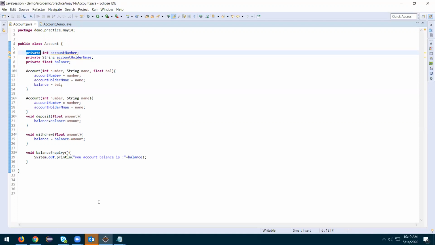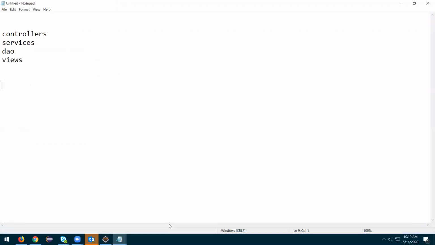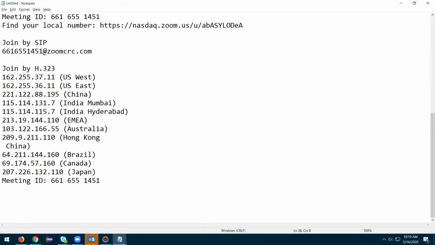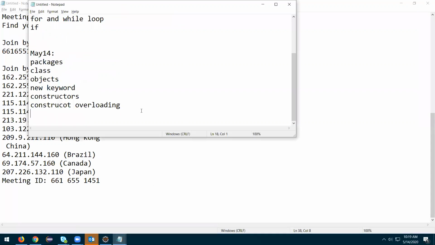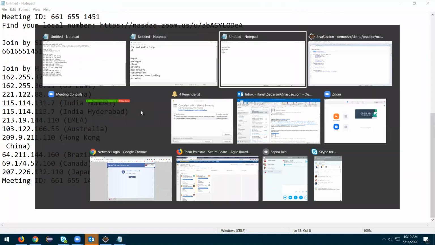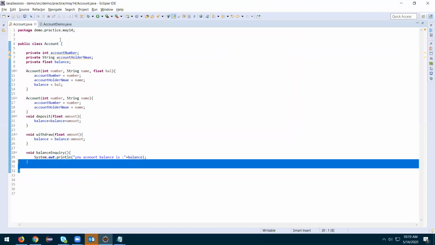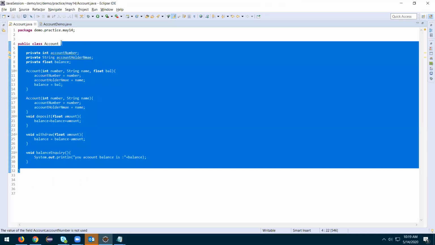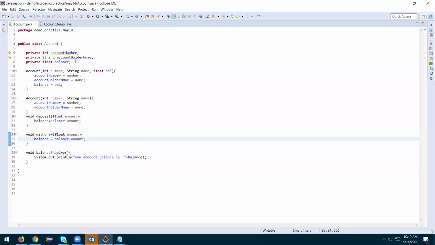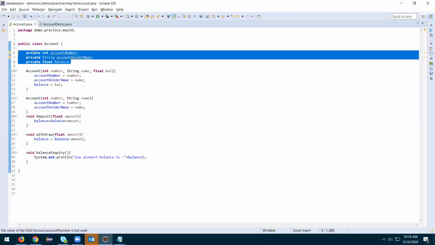There are basically four types of access specifiers. One is private. If you make it private, we cannot access it from outside of the class. We can only access from here to here. Once this boundary is crossed, we cannot access these things. That is the magic of private.